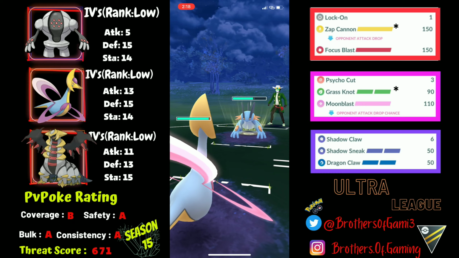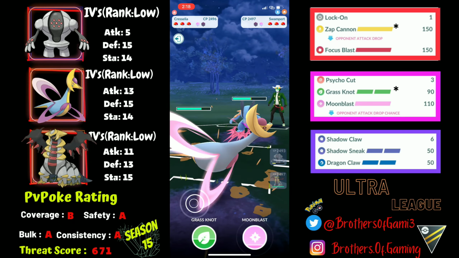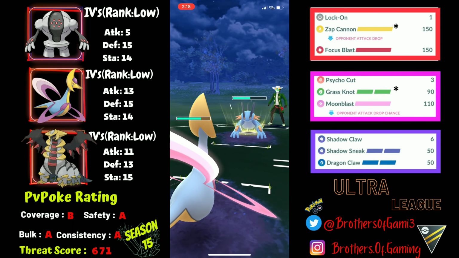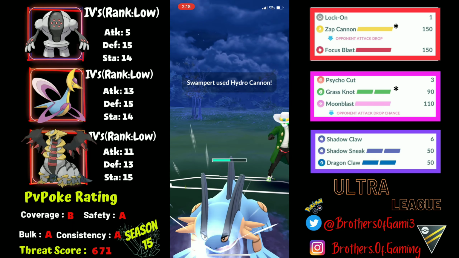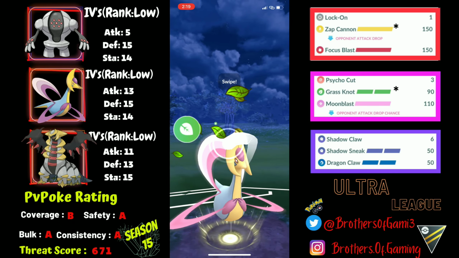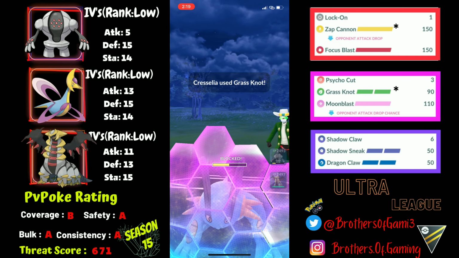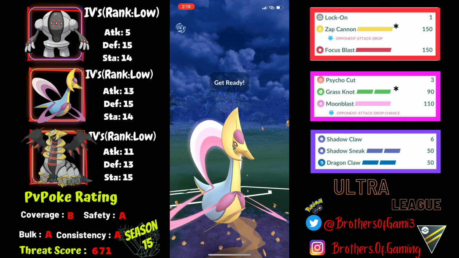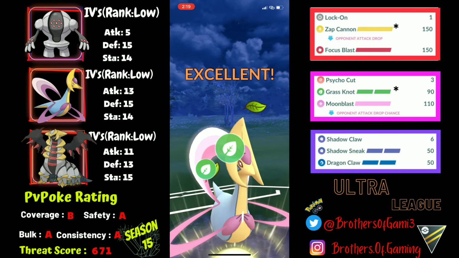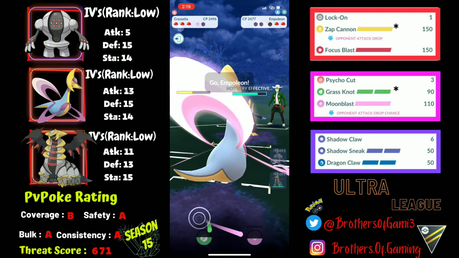Swampert over here, which is really awesome for them, because it's a ton of damage, ton of energy wasted onto my Registeel over here. So now I can let this next Hydro Cannon go through as well, because Cresselia can tank it like a champ, and to which I'll be doubling up onto this Grass Knots over here. So I'll be going for the first Grass Knot that does get the shield, and I'll be able to reach the next Grass Knot as well over here that takes out the Swampert as well, which is good because now